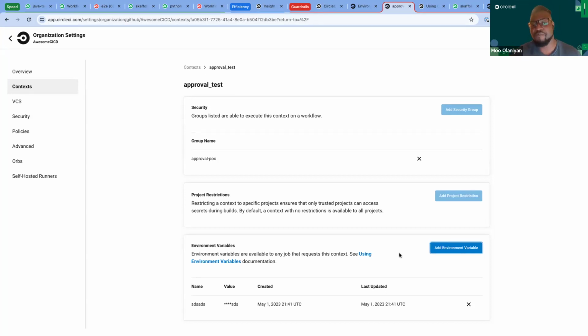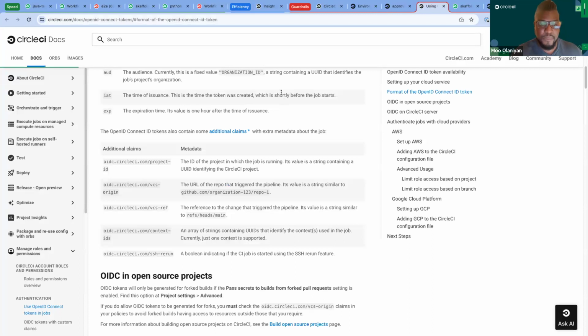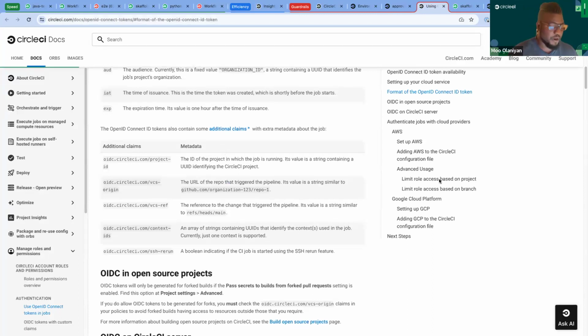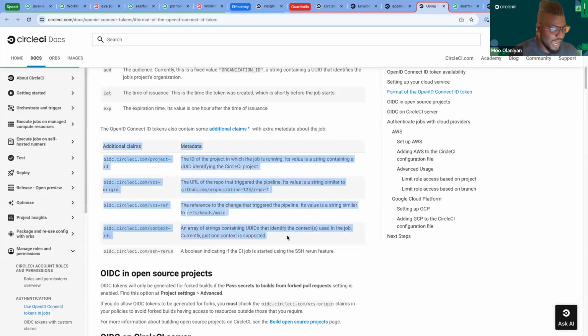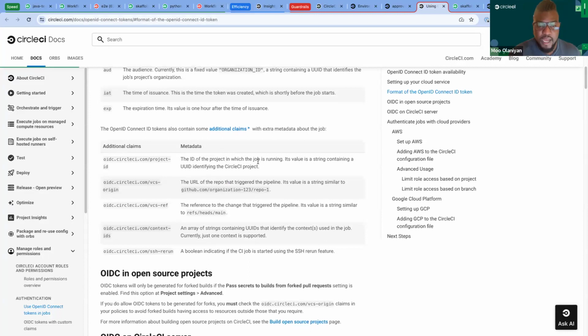Most ideally, you have something like Vault in your environment. In our particular instance, if you remember, I mentioned we were using HashiCorp Vault. And integration is open through CircleCI's OIDC capability. So the cool part is now with OIDC, you can look in our docs here, right? We can add additional claims.